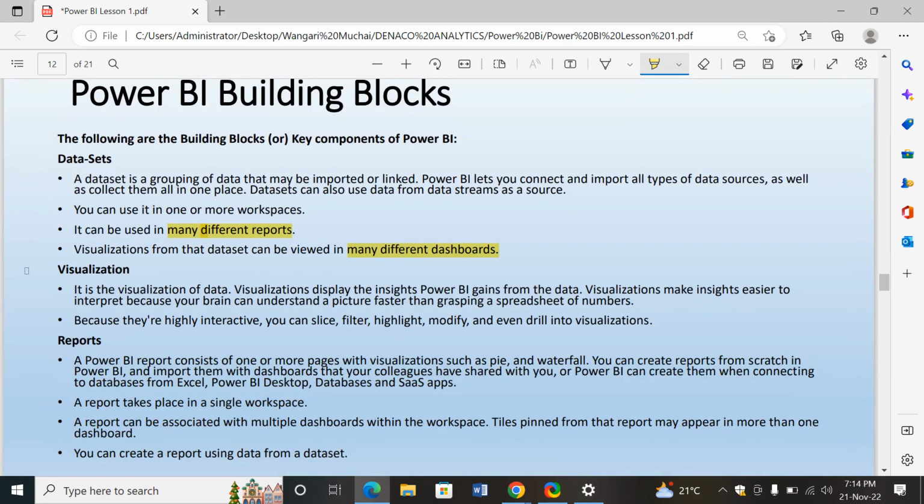Then we have the visualization. This is the visualization of data. And visualizations display the insights. Yeah, this is where you get the insights Power BI gains from the data. Then visualizations make insights easier to interpret because your brain can understand a picture faster than grasping a spreadsheet of numbers. Remember, even if I gave you data and you're supposed to help me understand that data, of course, you have to do some calculations, do some analysis,